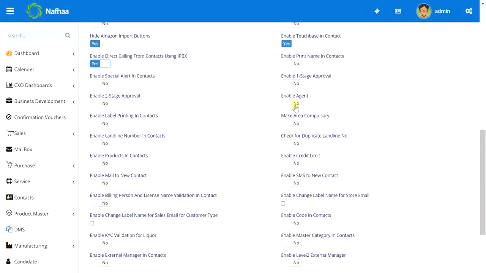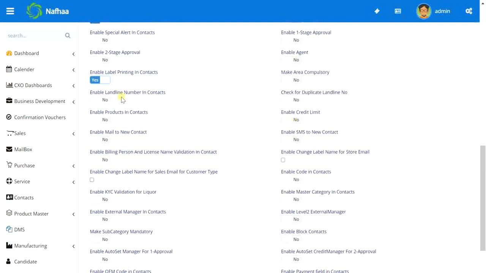Then enable agent management in contact. Since this contact belongs to some agent, if your business deals with agents and you need to pass on the commission, just enable this option. I will enable label printing. If you want to make area compulsory, you can make it compulsory. Enable landline number: apart from the phone number, if you want to have a landline number, you can just enable it here. Check if landline number is duplicate while adding a new contact.